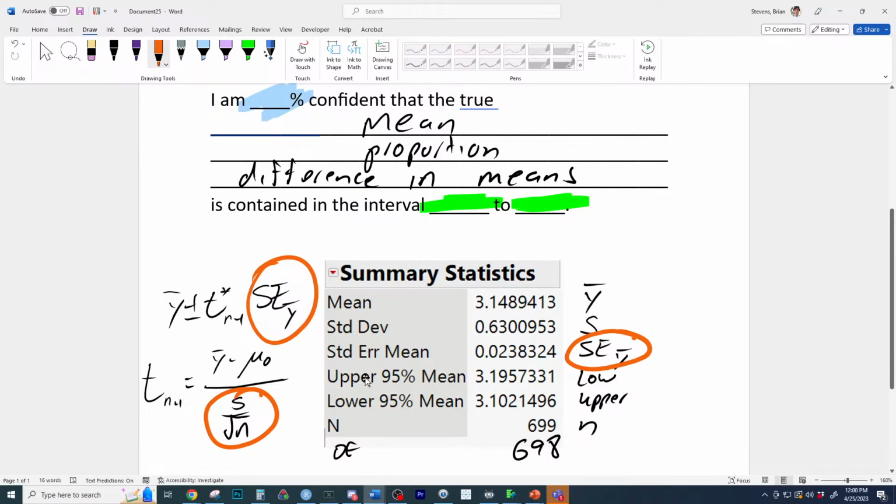So knowing your notation and what formulas you might use for this problem is very important. You can see the n minus 1 degrees of freedom, which goes with the t right there. I am 95% confident that the true mean student GPA is... Arista, you got this down. And then we're going to do one more. And I might even interpret the last one for you.